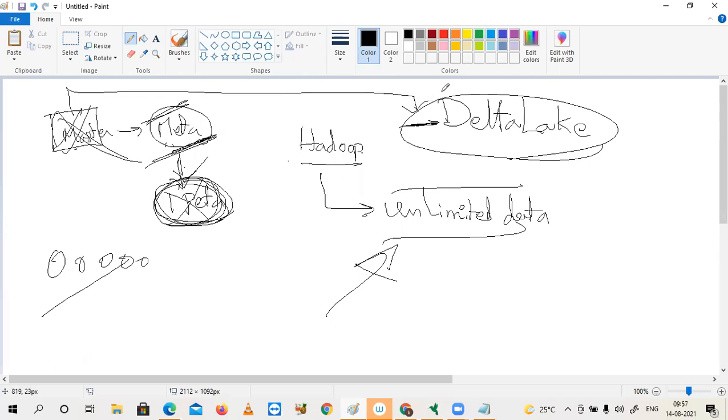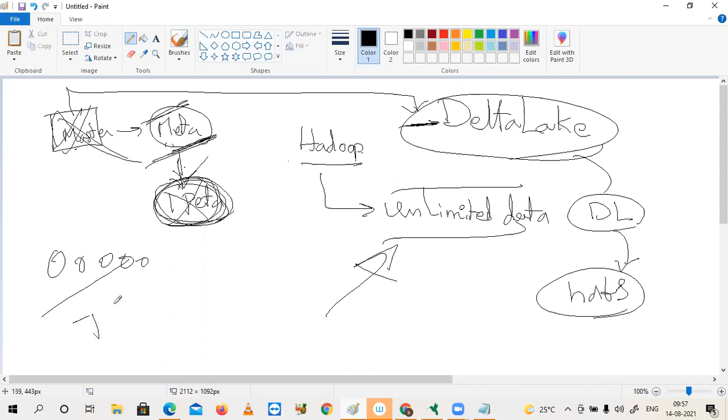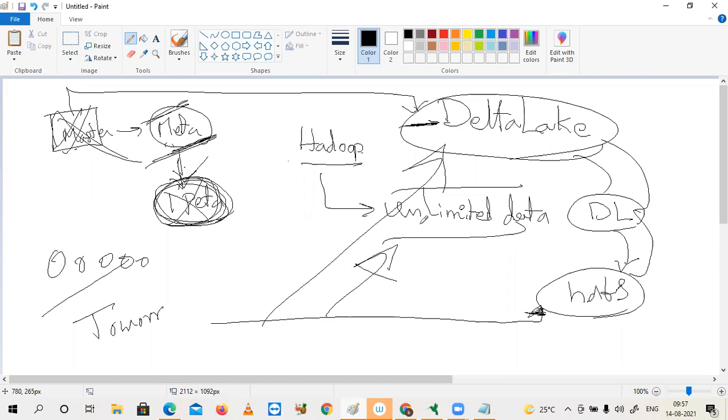Delta Lake. When we step into Databricks, we will clearly discuss Delta Lake. Delta Lake runs on top of data lakes, on top of HDFS. That means tomorrow the future data engineer is not working directly with HDFS. On top of HDFS there are some other solutions, and he will be working directly with those solutions. Maybe after 10 years, it might be Exalake. One fine day, Delta Lake will lift up its hands, and at that time you need a different solution.